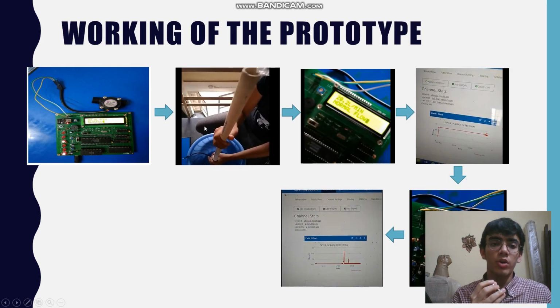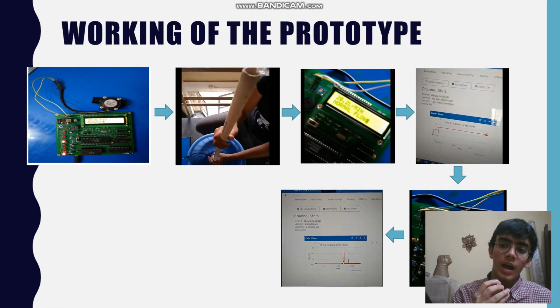So moving on to the working of the prototype, which is fairly simple now. Initially, since there's no flow rate involved, it shows a message of blocked, and the flow rate is about 0 liters per minute. And on passing some water to the flow rate sensor, we get a normal flow of about 20.2 liters per minute, and the same is updated on the ThingSpeak channel, and we can see there's a constant flow rate being shown on the website as well.